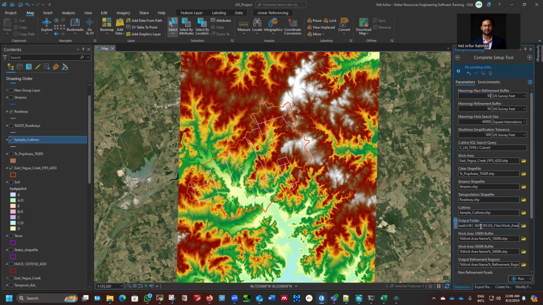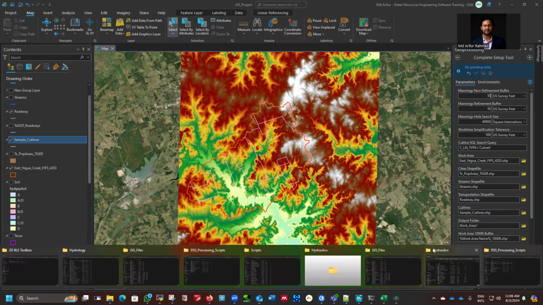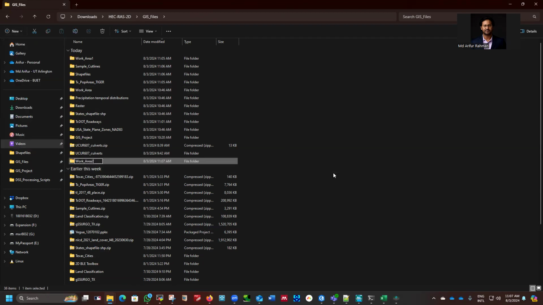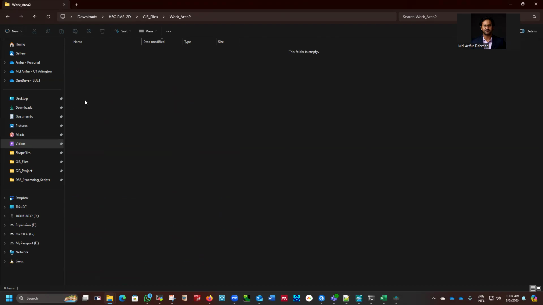So let me change this to work area 2. And then I can, like here, because I tried that previously. Let me just give you the new folder, empty folder as work area 2. And inside that, it will generate some files. So forget about whatever we have and let's see the output. Let me go back